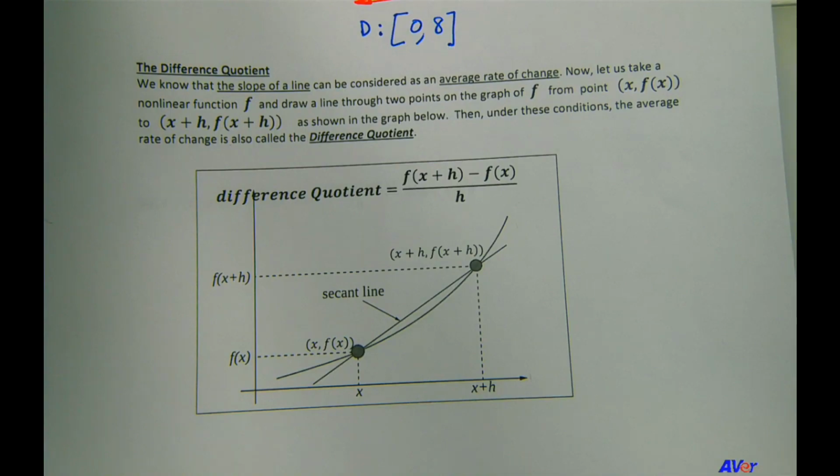Everything for which you've calculated the slope so far in this course and previously was a constant slope. That means the slope does not change over the entire course of the function. But the vast majority of functions are not like that. The function will vary throughout its course. Therefore, the slope of the curve of the function varies throughout its course. So this difference quotient is a numerical way of calculating or estimating the slope of